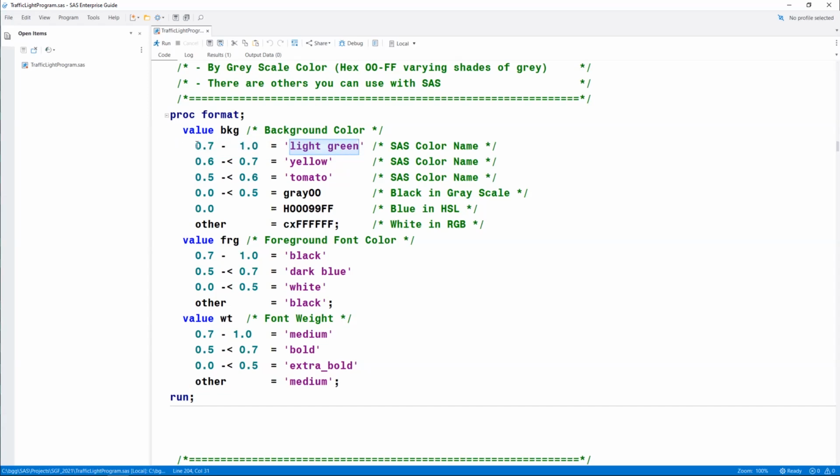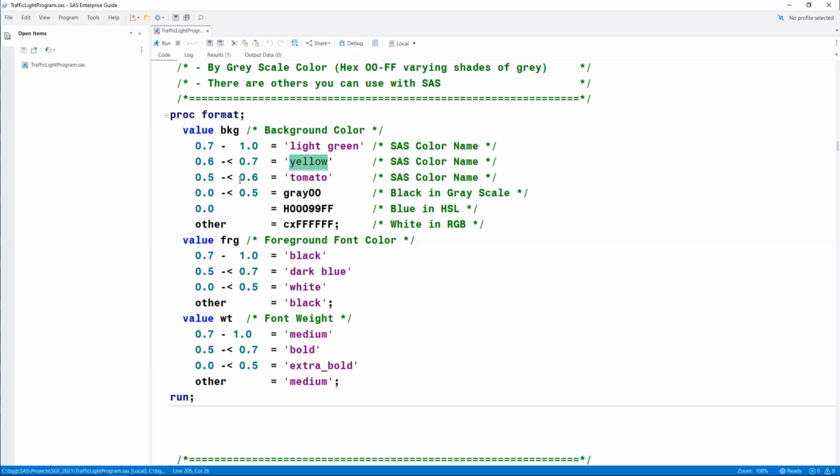So when I have a range here, I want that range to have this light green assigned color. Between 60 exactly, you'll note there's no angle bracket on the left of the dash, but there is one on the right of the dash, that says 60% up to, but not including 70%. I want yellow aligned to that.